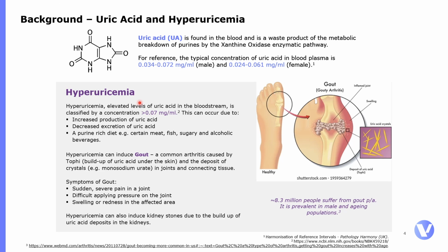The elevated level of uric acid in the bloodstream is called hyperuricemia, and this can occur due to the increased production of uric acid or the decreased excretion of uric acid. And this is due to, as well, a purine-rich diet; certain meats and alcoholic beverages can aggravate this production of uric acid. After a certain level and concentration, you may have crystallization of this product into your joints and in connecting